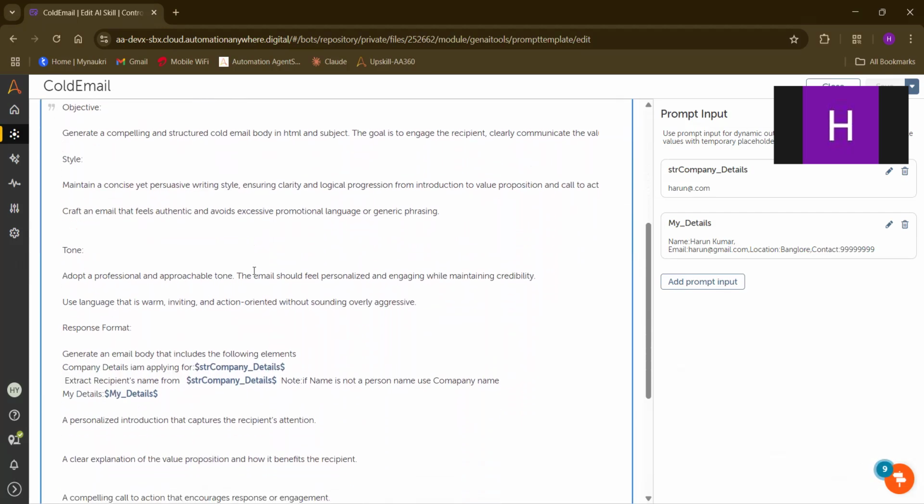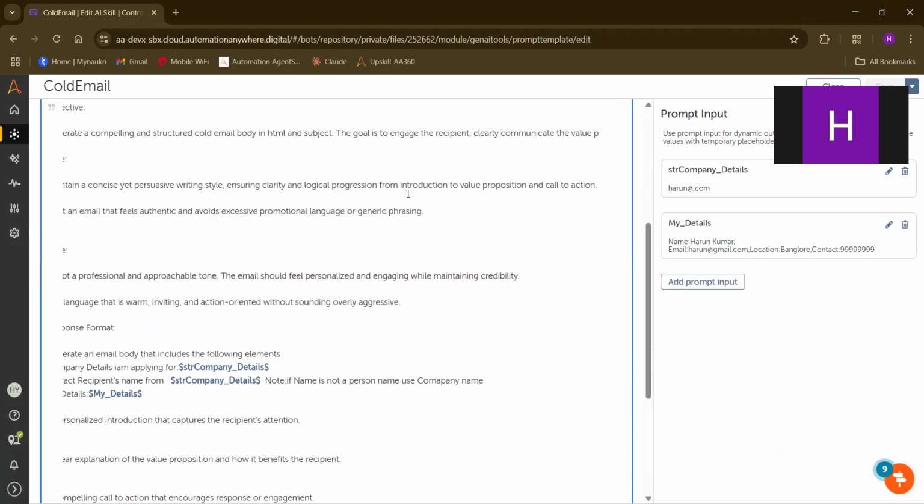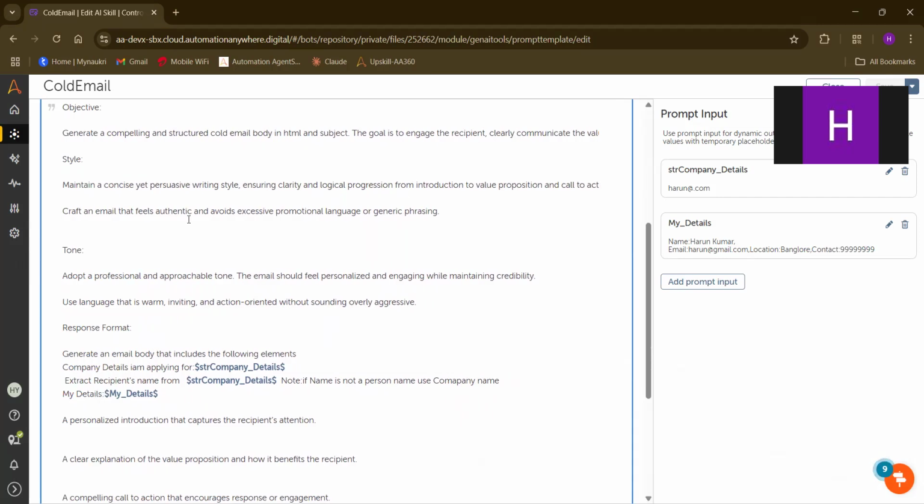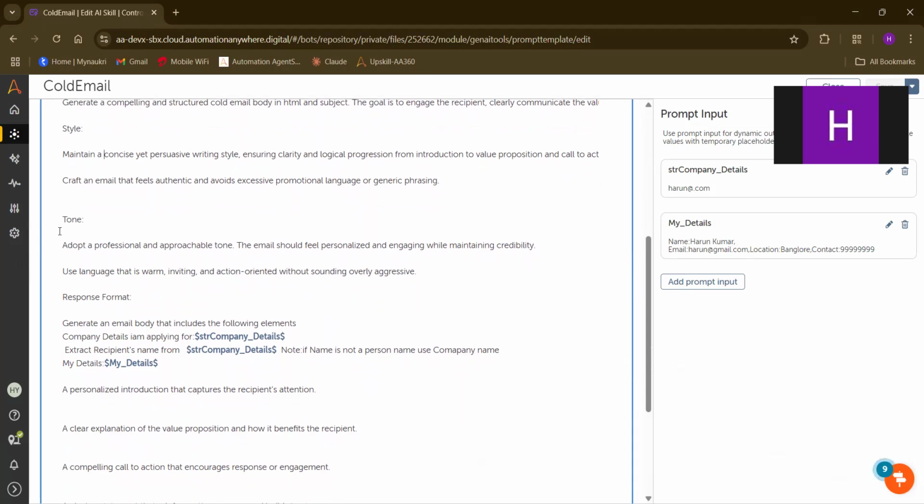Next, style, that is structure. What type of structure are you looking for? Here you can see clarity and logical introduction. It feels authentic and avoids excessive promotional language or generic phrasing. Next, tone.